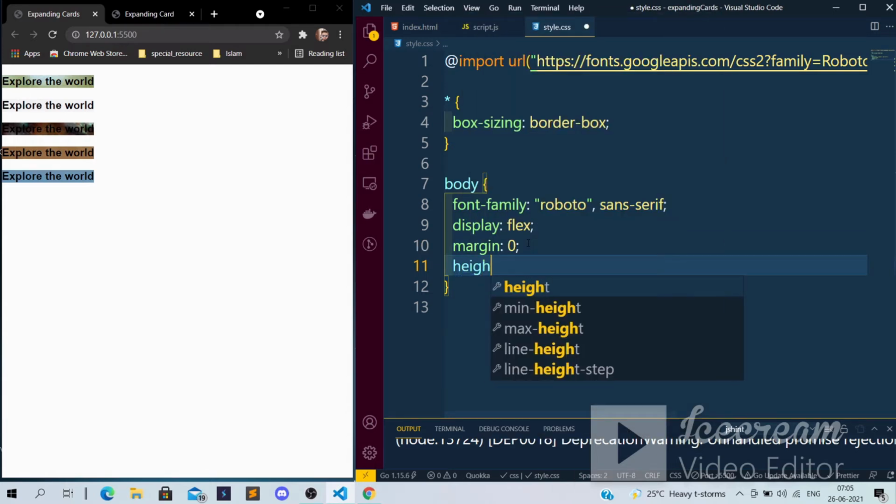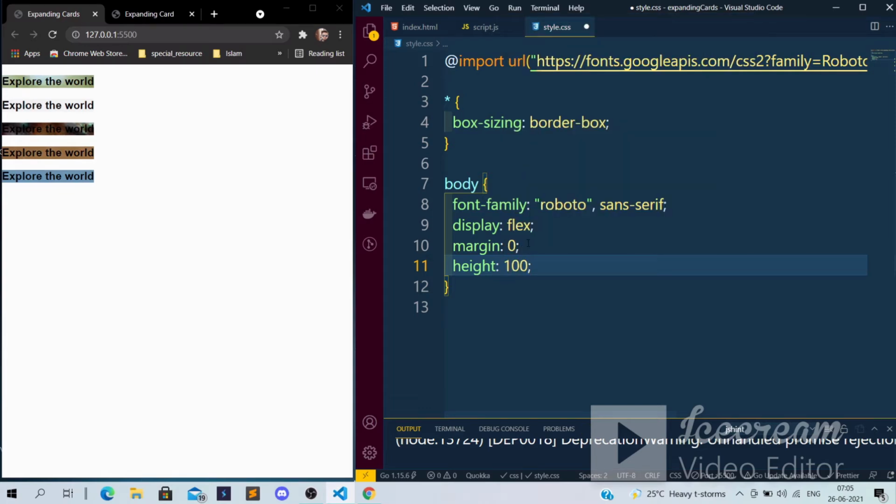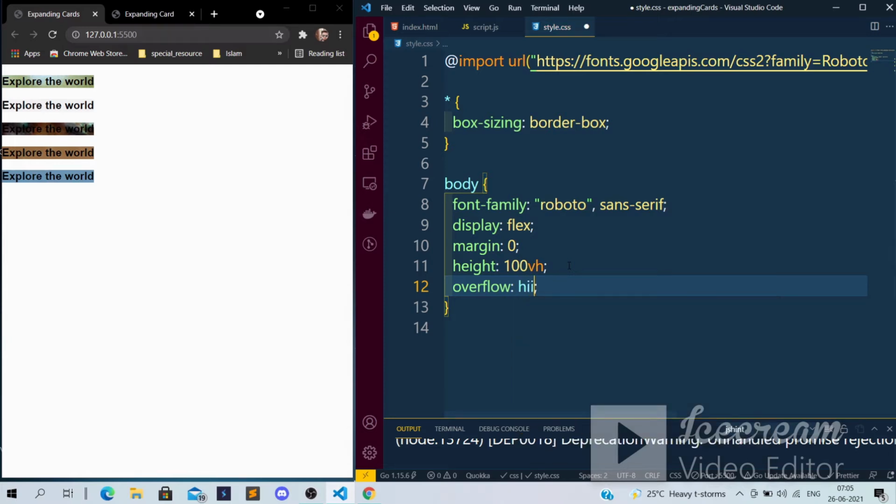Now I want to give some height to each and every image. So if I give the 100vh height, and if I give the overflow, I just want to hide the overflow.